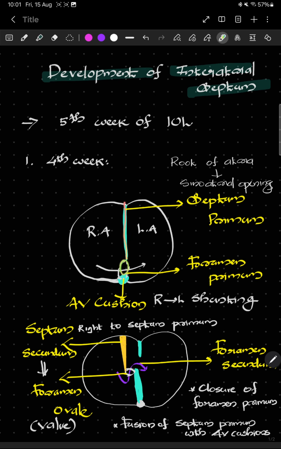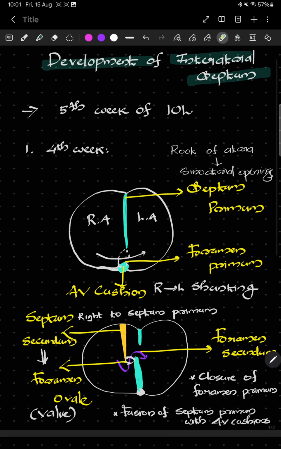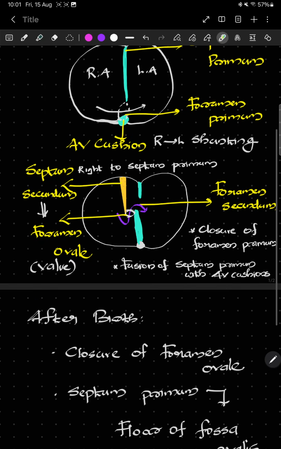There is a gap between the septum and the AV cushion, and that foramen is called foramen primum, and this helps the right to left shunting of the blood, so there is no pulmonary circulation there. After that, we can see there is growth of the septum primum towards the AV cushion, and there